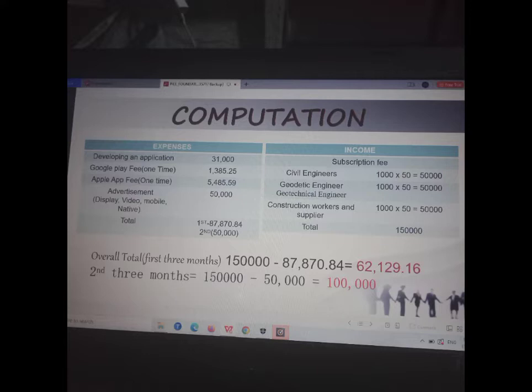Computation: for the first 3 months, the income is averaged 62,129.16 pesos, and for the next 3 months, the income will reach 100,000